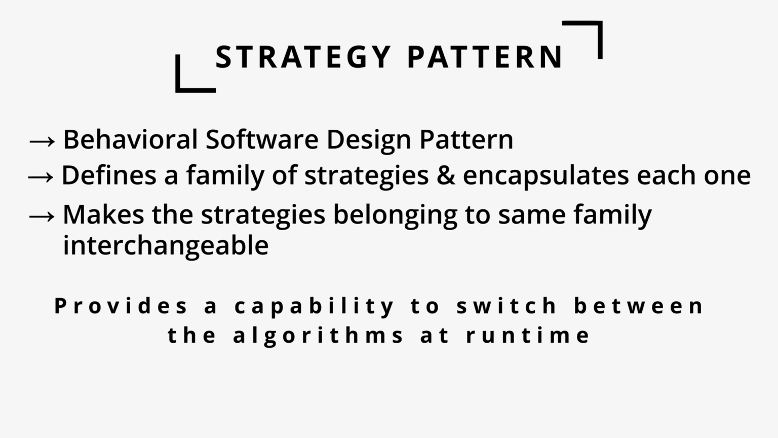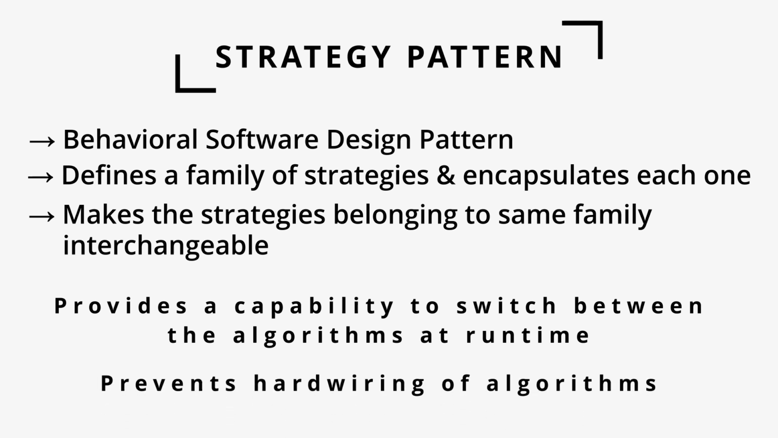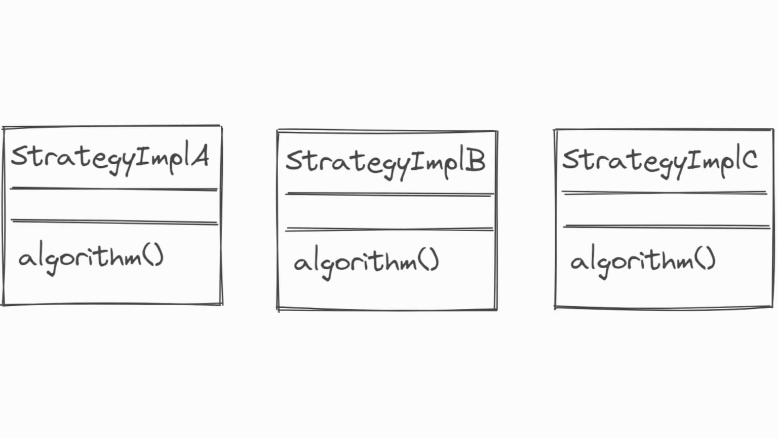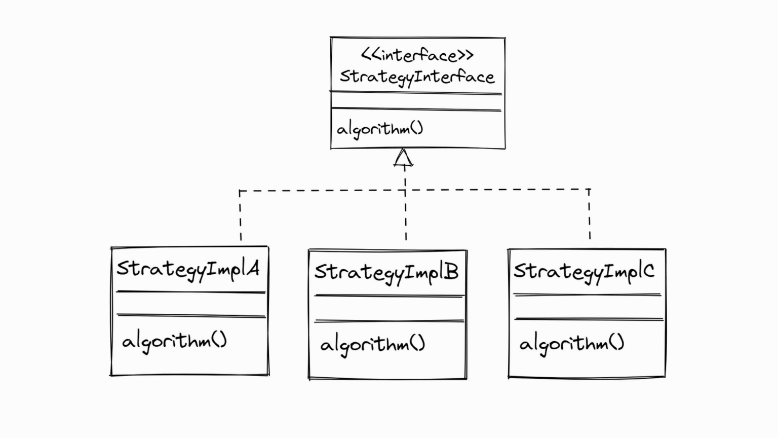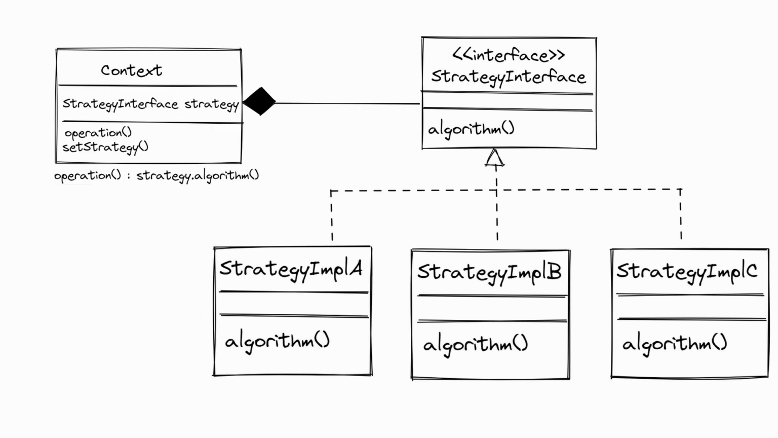Instead of implementing a single algorithm directly, code receives runtime instructions as to which one in the family of algorithms to use. Strategy pattern basically prevents hardwiring of all the algorithms into the program. The key idea is to create objects which represent various strategies. Here by strategies, we mean algorithms. These objects form a pool of strategies from which the context object can choose and vary its behavior as per